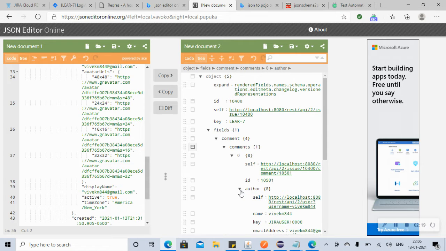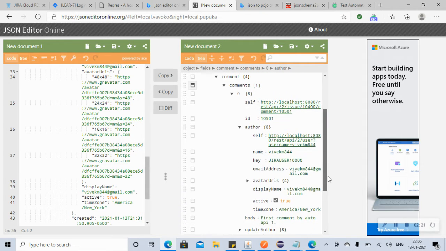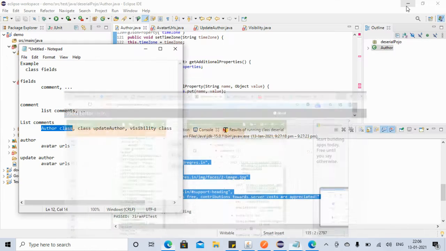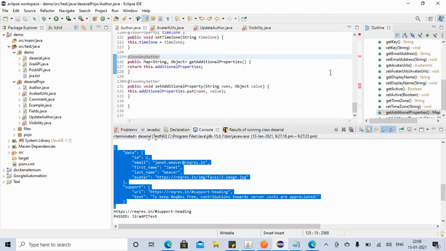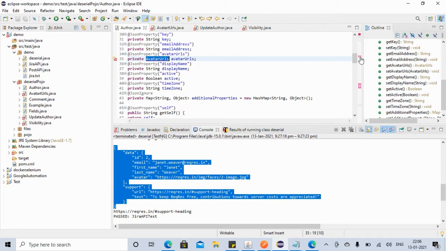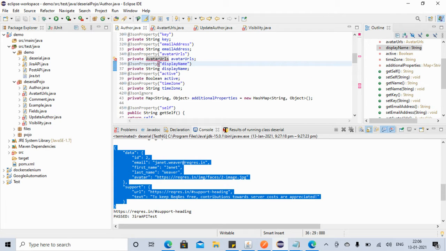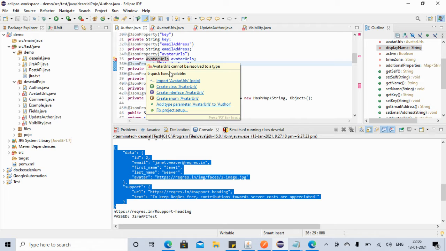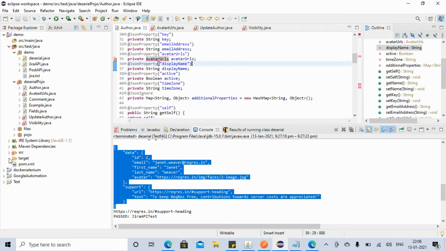Author class has all these variables like key and everything, but inside the author class we have avatar URLs. If you see here, we have avatar URLs, but it's saying import avatar URLs from Pojo. No, we don't want that, because actually we have it in two places. Maybe that's why we are getting this.